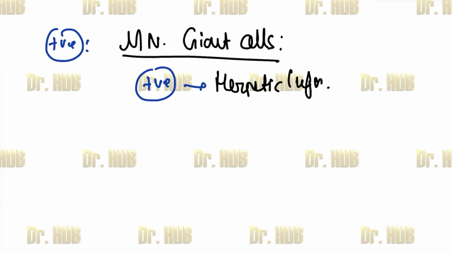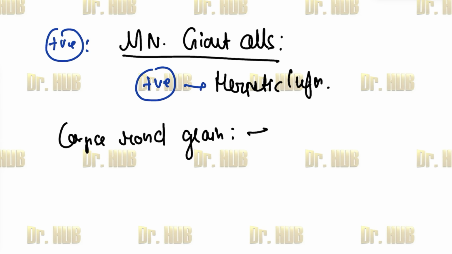Next, in case it is corps ronds and grains, it means it is Darier disease. When multinucleated giant cells are negative,